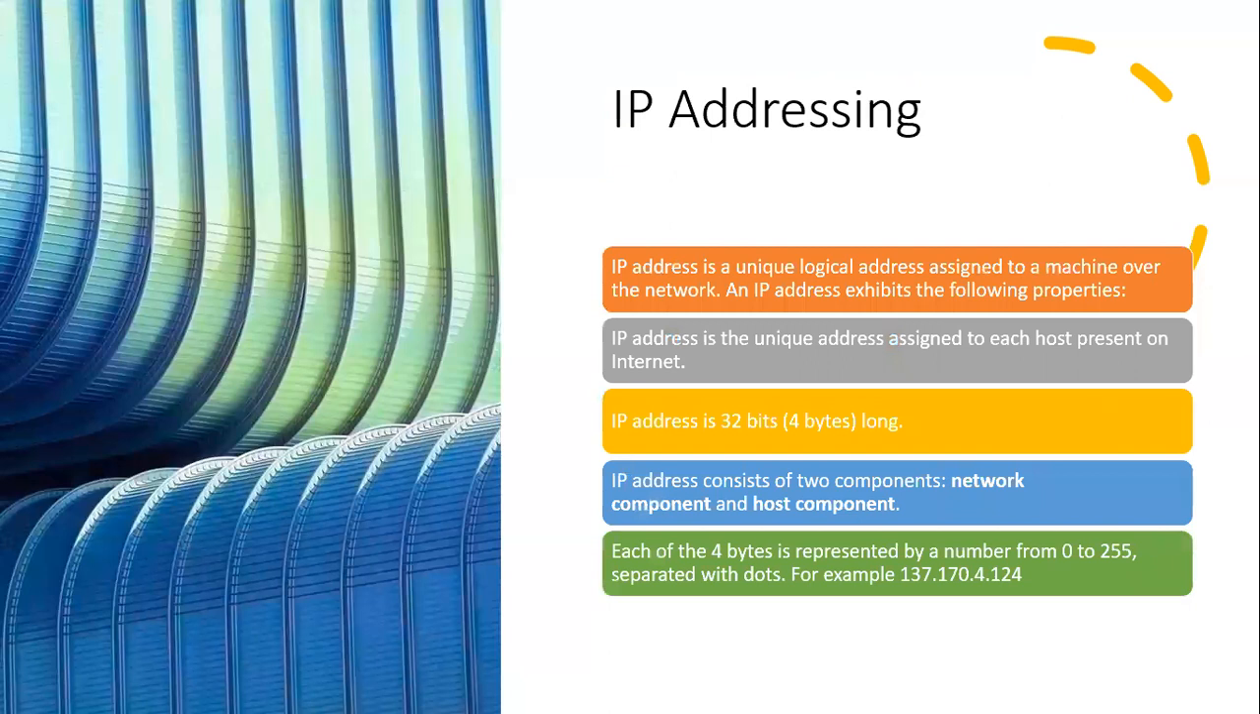Talking about IP addressing, an IP address is a unique logical address assigned to a machine over the network. An IP address exhibits the following properties. Number one, it is a unique address assigned to each host present on the internet. This IP address is 32 bits, or 4 bytes, long. An IP address also consists of two components, the network component and the host component. Each of the 4 bytes is represented by a number from 0 to 255, separated with dots. For example,